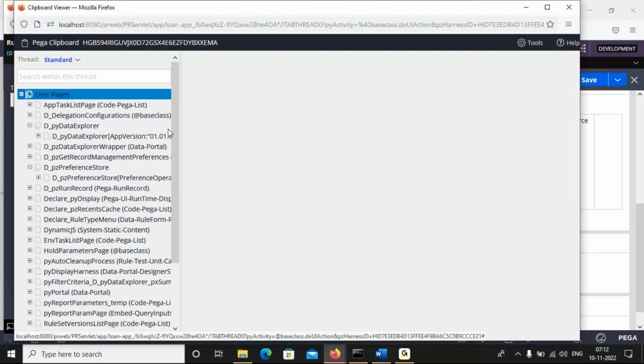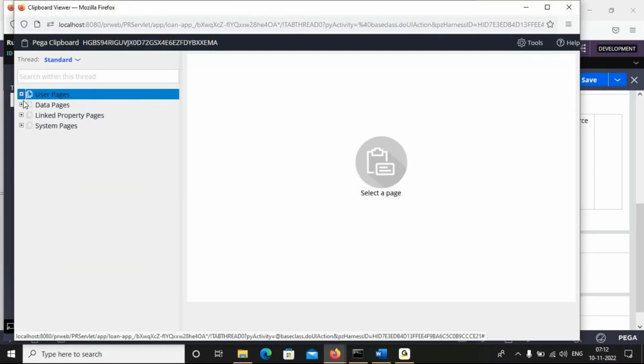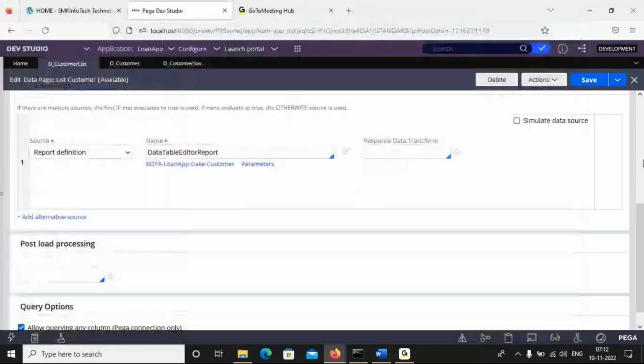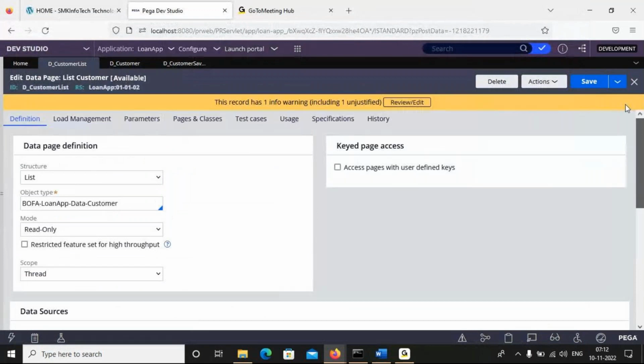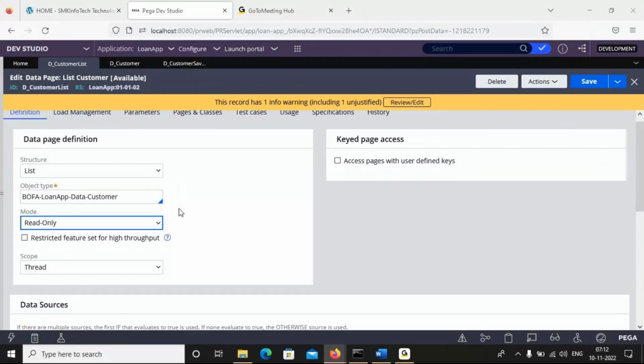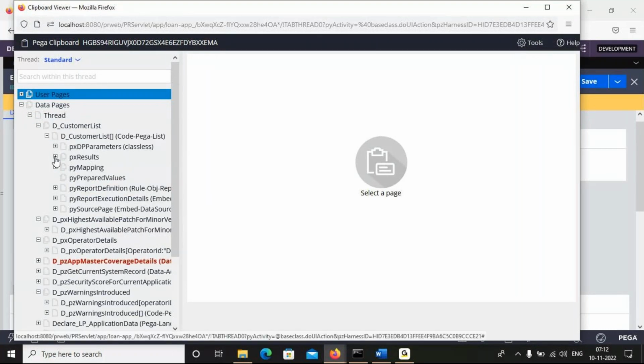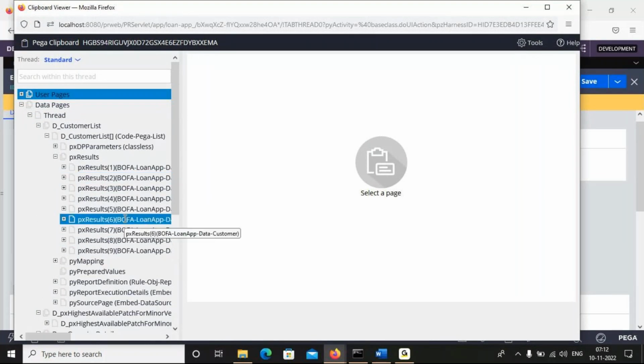If you go for clipboard, now the data came in the clipboard in the read only mode. It will come inside the data pages at thread scope level, because we gave read only mode, thread scope. So if you go for thread scope, under customer list px results, we have the list of the records.